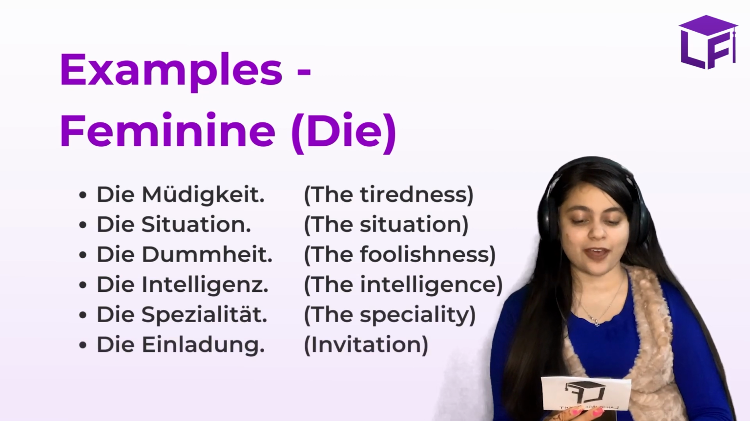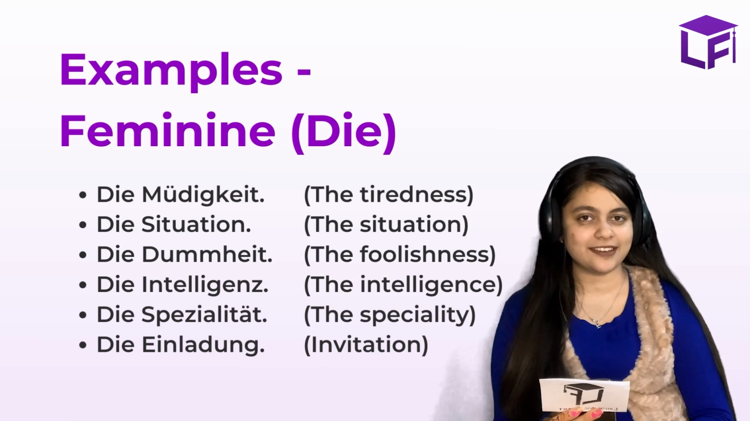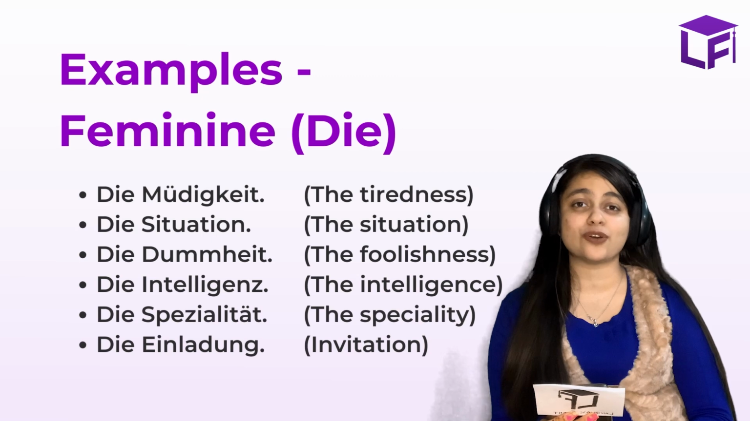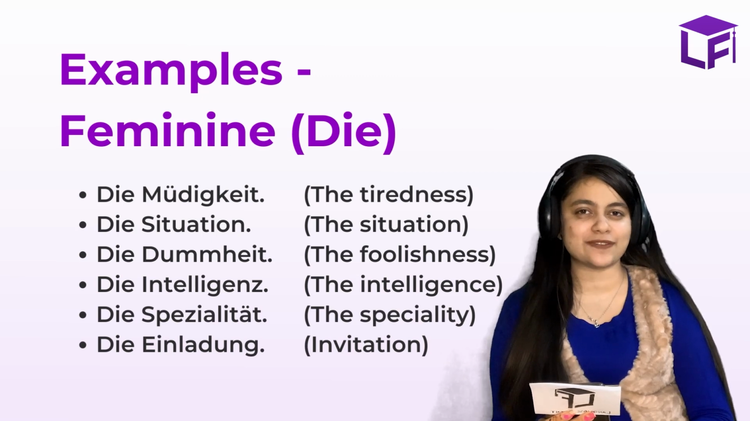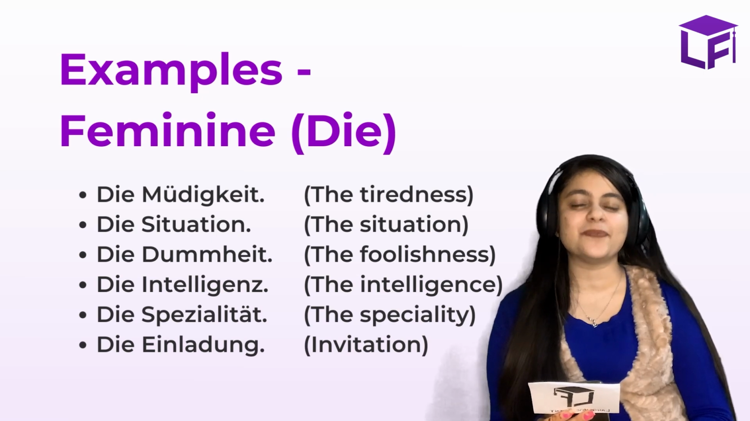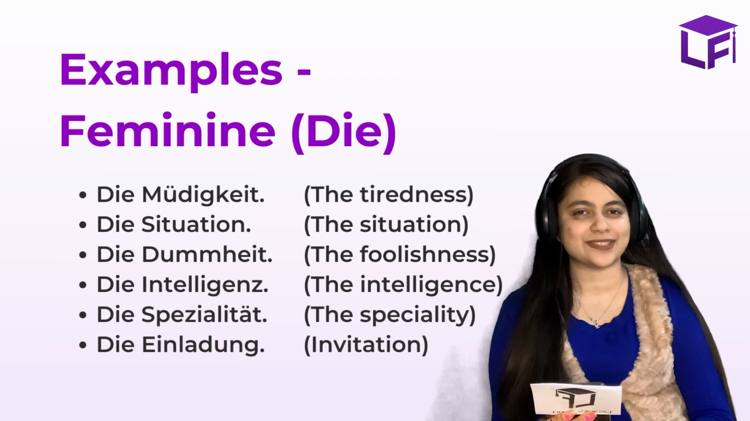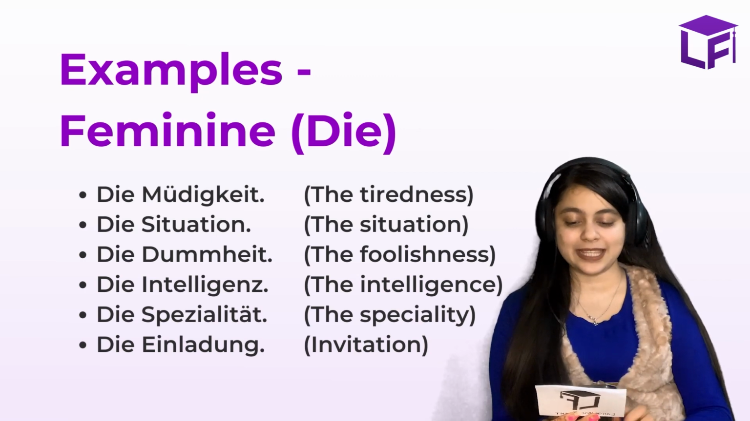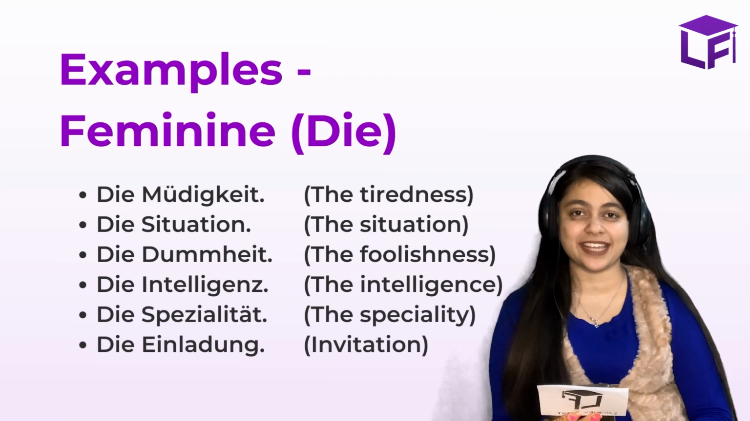Now, the suffixes namely keit, ion, heit, enz, tät and ung help us identify a feminine noun, and therefore we'll be in a position to understand and write the feminine bestimmte article as well after we identify the feminine noun. So, this is how it goes. The example says die Müdigkeit,